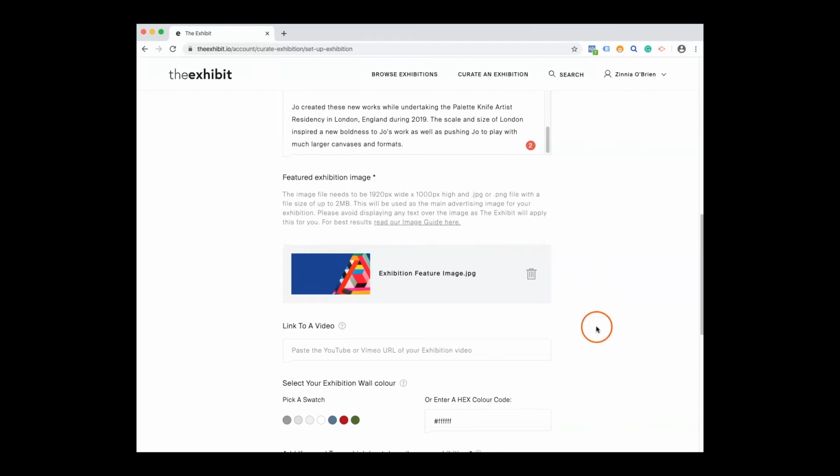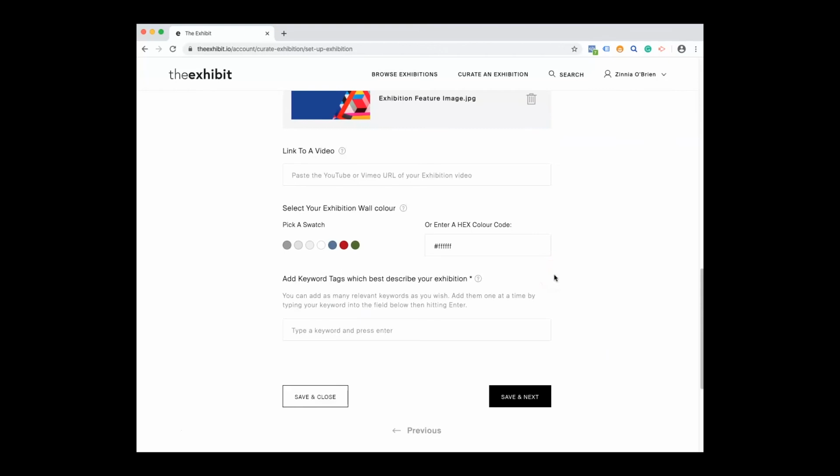Now, the next thing is if you want to add a link to a video. You may have a video which talks about the exhibition, shows a walkthrough of the exhibition if you've got an offline one as well. You might also have a video showing maybe the artists at work or some of the work being created, so you may have that to be able to add here. Any video that you add will need to be hosted on YouTube or Vimeo already, so it's just simply about pasting that URL in here. Now I'll just grab a URL that I already have here for a YouTube video, so I'll